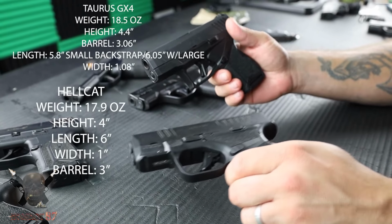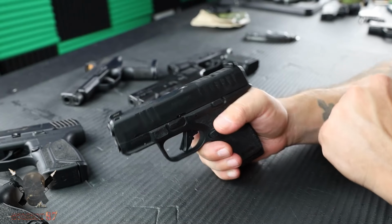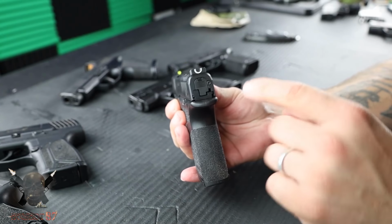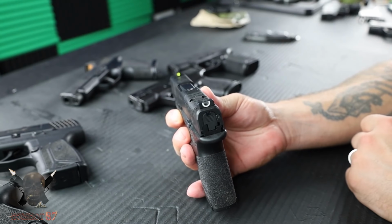And the Hellcat has made a name for itself. A lot of people like it. Front and rear slide serrations, optic ready version. I got to tighten that up. That's a little bit loose. U-notch style in the rear with a fiber optic, or